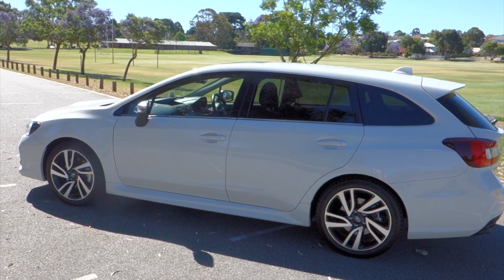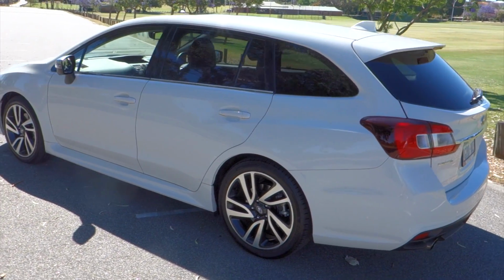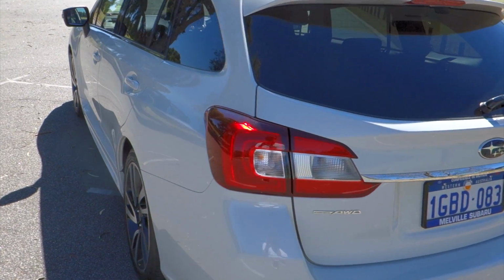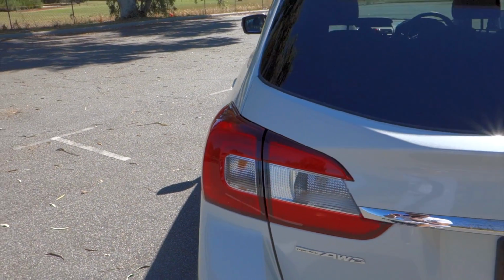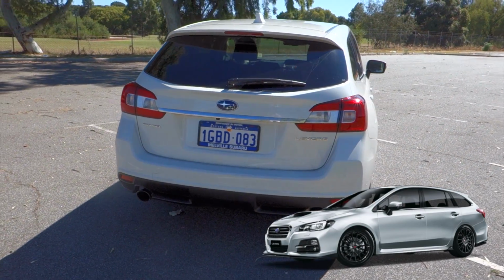We have the mid-spec 2-litre GTS, which really comes with everything you would want, including leather upholstery, sunroof, a proximity key with push-button start, and dual-zone climate control. Subaru's excellent EyeSight assistance systems are also standard across the range. And unless you're after that look, we would recommend avoiding the heavily accessorized Spec B trim, and save yourself $4,000